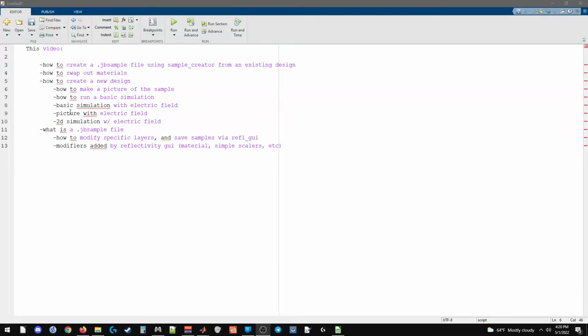Hello. Today I'm going to be showing you how to create a .jb sample file using Sample Creator, how to swap out materials, how to create a brand new design from scratch. We'll be making a MoS2 microcavity sample, how to make a picture of that sample,